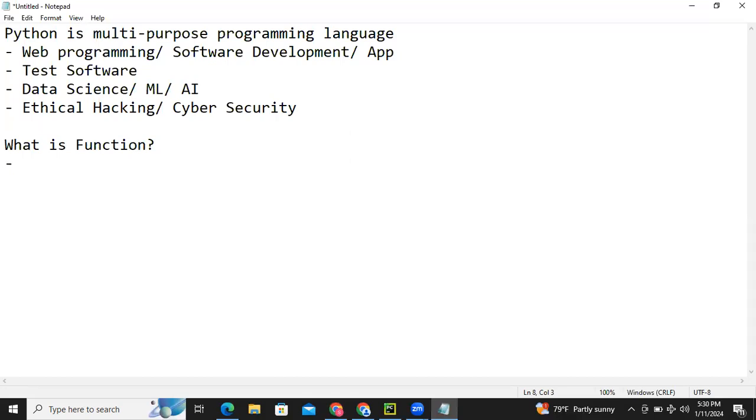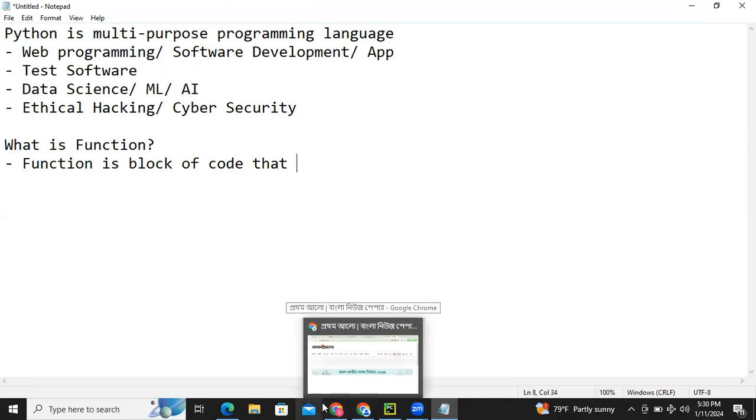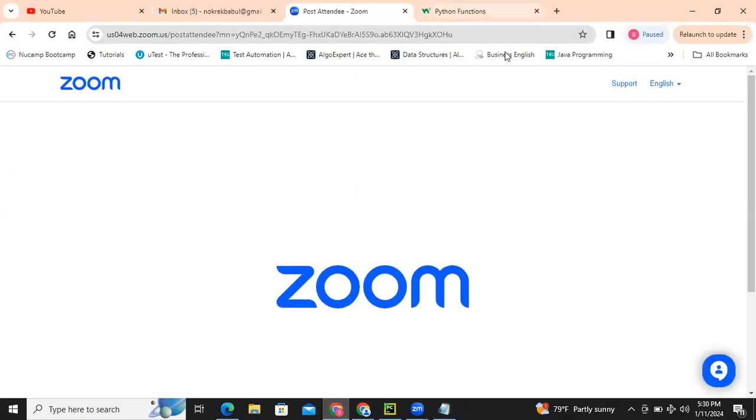The function is a set of instructions given to a variable to do something. Yes, I think so, right? Yes, very true. Function is a block of code. That we can check the definition.